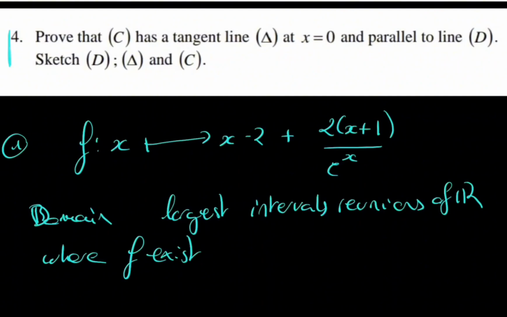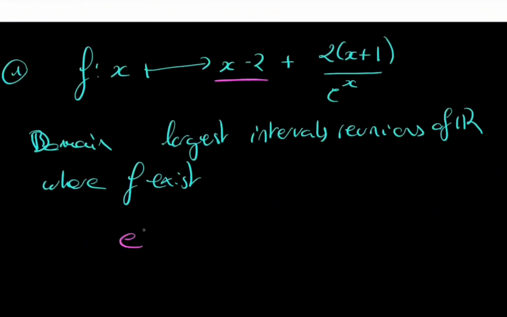So where could our problem come from? Not from this polynomial part of the function, but with this quotient, if we had the denominator equal to 0 for some x. Do we have our denominator equal to 0? No, because exponential of x is always strictly superior to 0. So no division by 0. Okay, so the domain